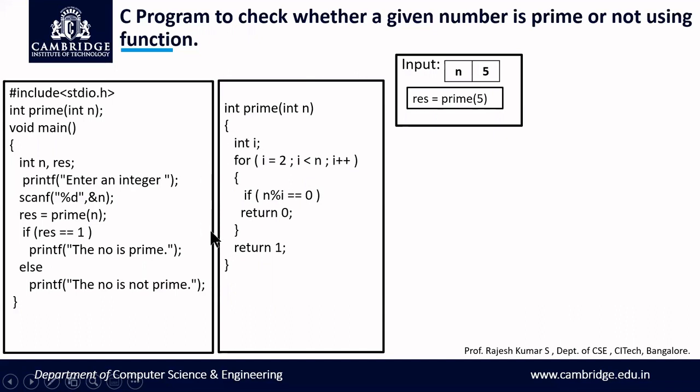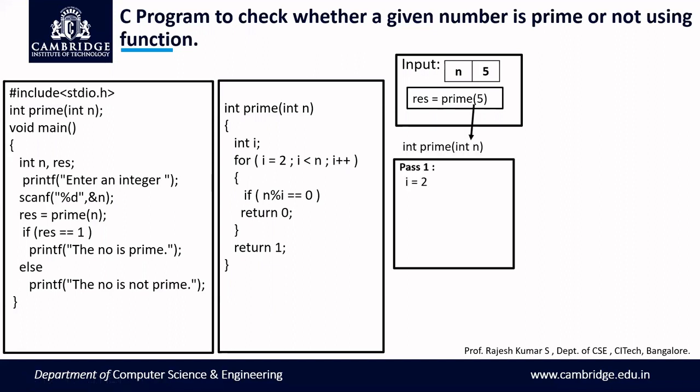Now here we are checking whether the given number is prime or not. How do we check? I've declared a variable called i, and in a for loop, I start with i equals 2, because I will be dividing the given number starting from 2 till one number less than the given number. So I've written i equals 2, and I'll traverse till one number less than the given number: i less than n. For example, in the first pass, i equals 2, and we check i less than n, that is, is 2 less than 5? Yes, 2 is less than 5.